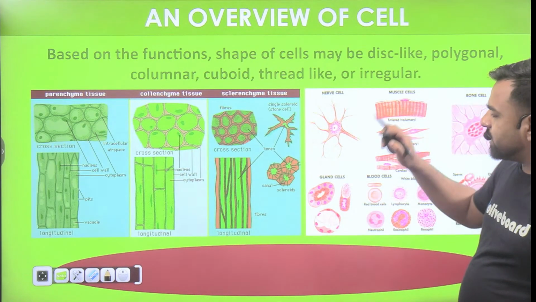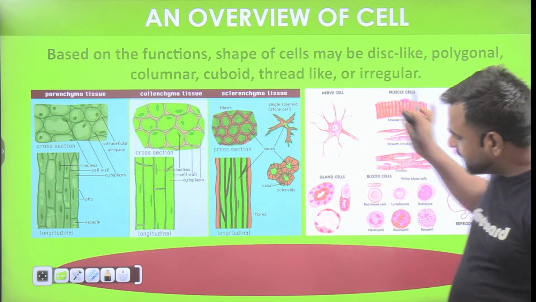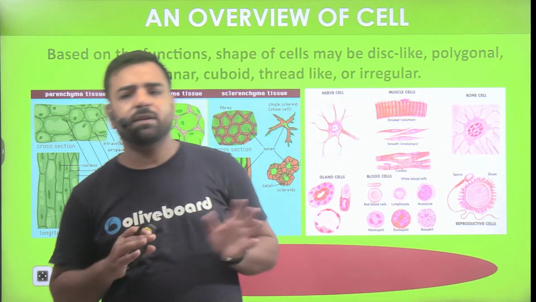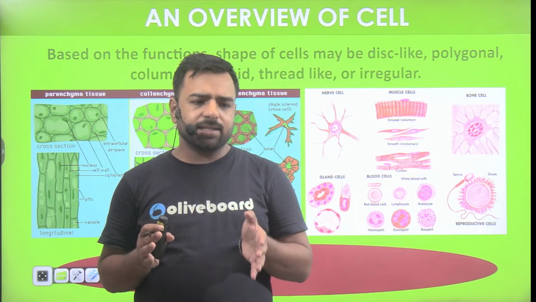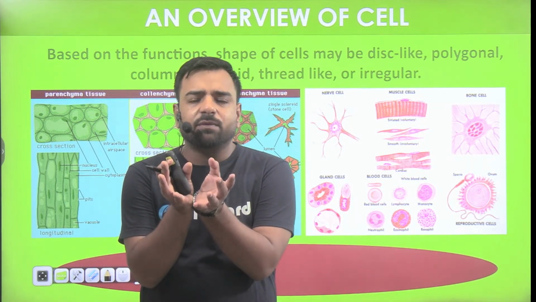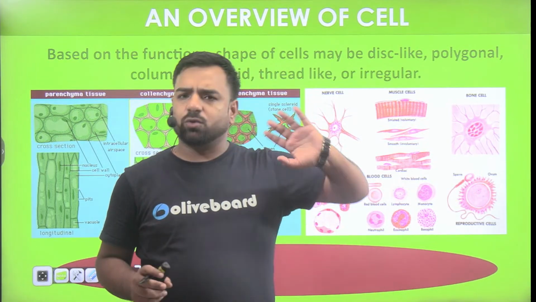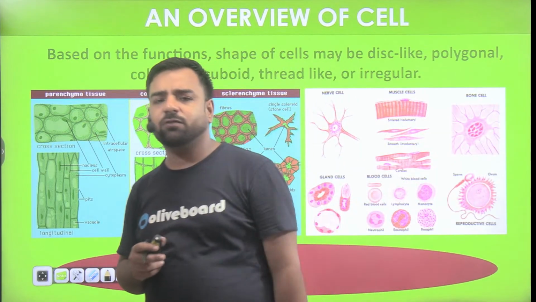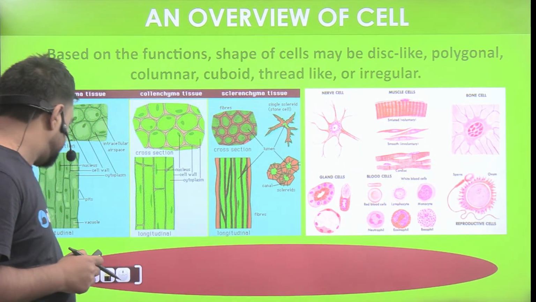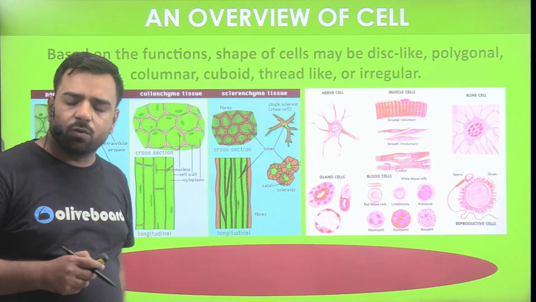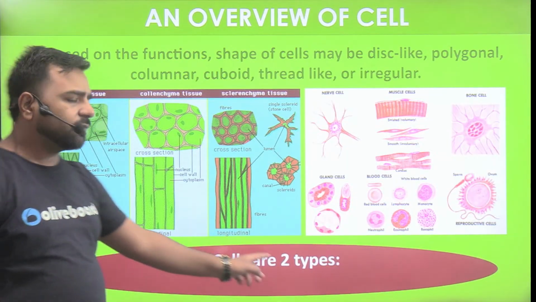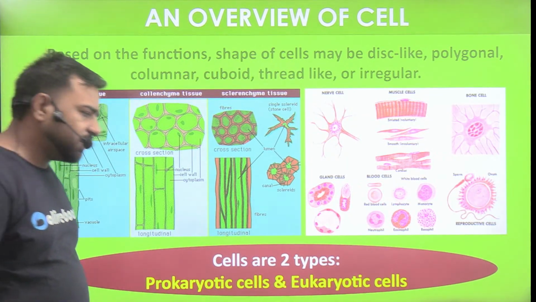Next, let's go with the overview of the cell. So guys, human cells and the plant cells are actually different. Plant tissues and human tissues will be totally different, right? So yes, what are tissues? They are the similar type of cells which are grouped together. Okay, so yes, we'll discuss the plant tissues in the plant kingdom chapter. That's the last part of the bio. But as of now, you must understand that cells are of two different types. One is prokaryotic and another one is eukaryotic.